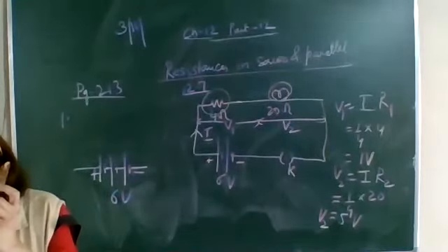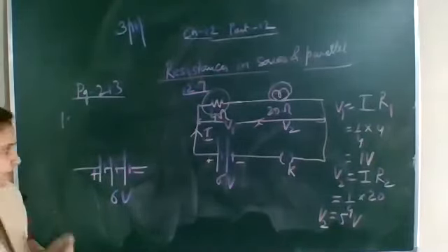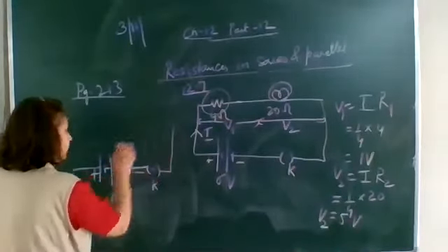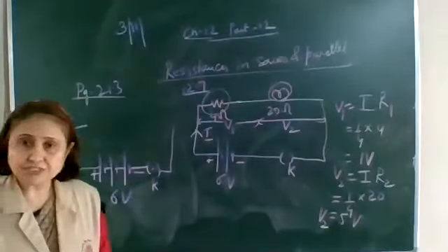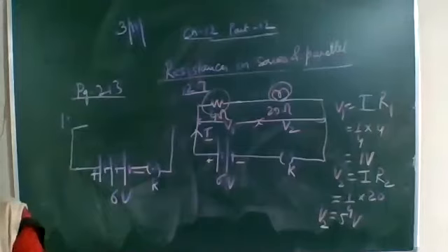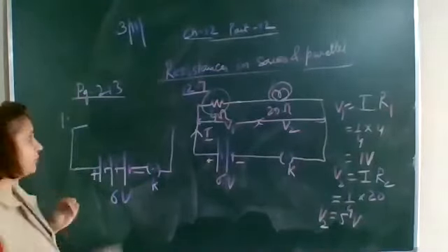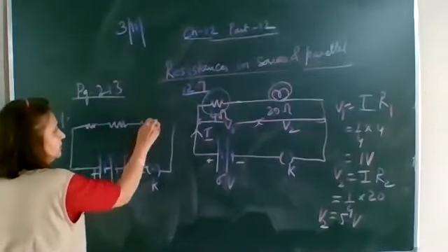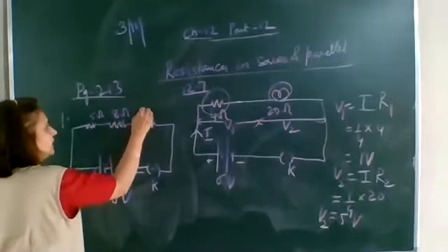Then the circuit consists of 3 resistances also: one is 5 ohm, 8 ohm and a 12 ohm resistor. Connect the key also, very necessary, a key or a switch. Then connect the 3 resistors in series: 5 ohm, 8 ohm and 12 ohms. So these are the resistances which are connected in series.